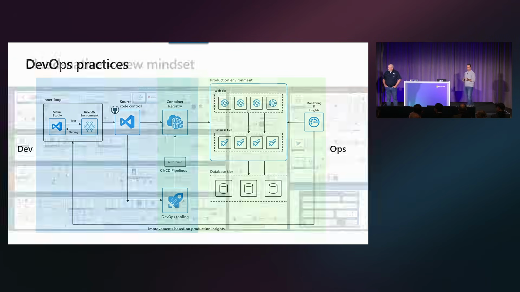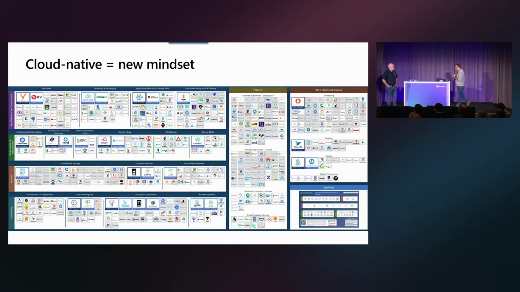One of the things to keep in mind as we go through the session is we are going to show some of the tooling inside of Azure for managing a Kubernetes environment. However, AKS, or Azure Kubernetes Service, is part of a larger cloud-native ecosystem where you could be replacing some of the components that we are going to talk about. We're not covering all of these, are we? Oh yeah, one by one.